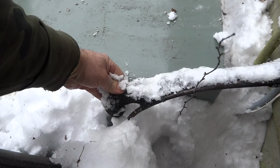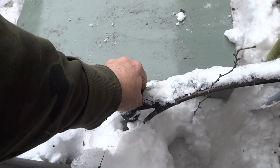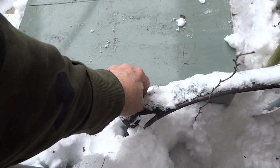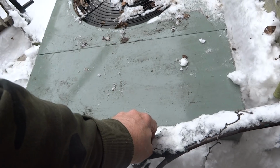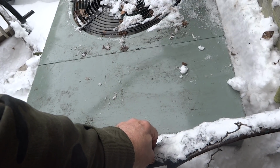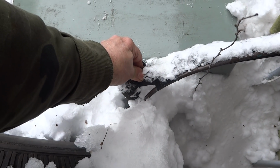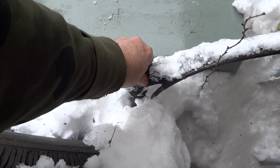Might not even have a charge. I don't even know if the charge is even working. Whoa, be careful with that. Well, we got the electric backup anyway. I don't even know if the charge is any good on this thing, you know? It seems to be warming up a little bit. Let's give it a little...